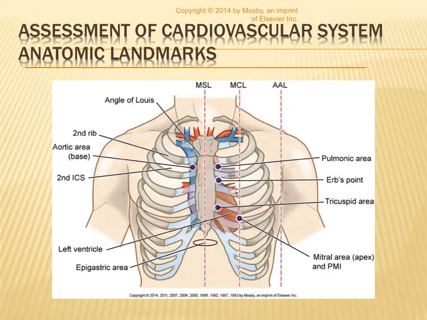Let me switch this to red. It's located on the third left intercostal space near the sternum. So you do need to know the landmarks because that could pop up in a test question,